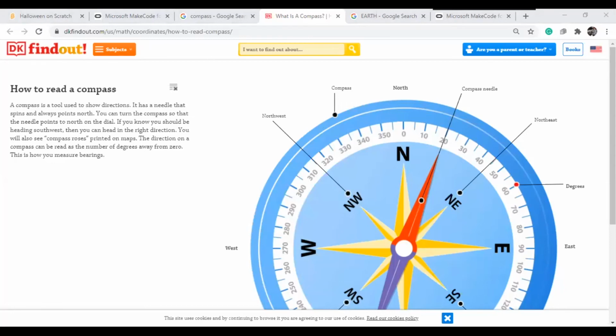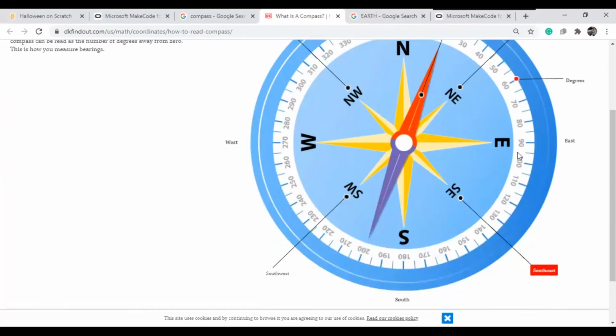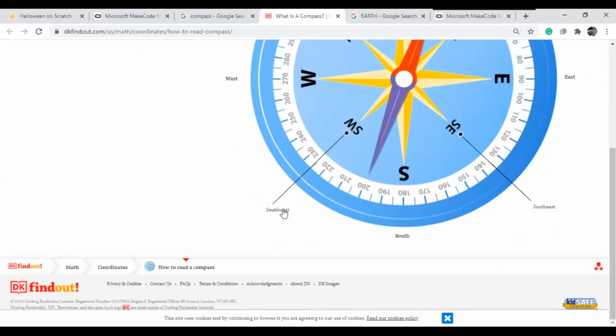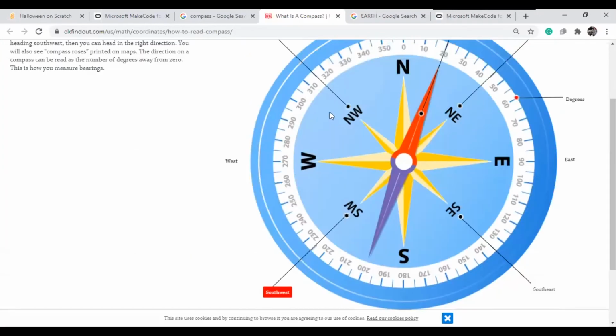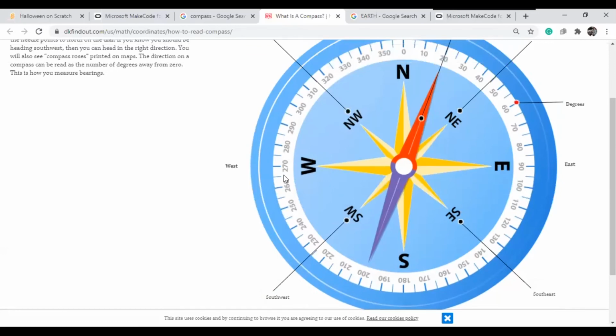From 45 to 135, we need to display east. From 135 to 225, it is south. From there to here, it is west. I need to display like this. Do you understand what I'm explaining here?